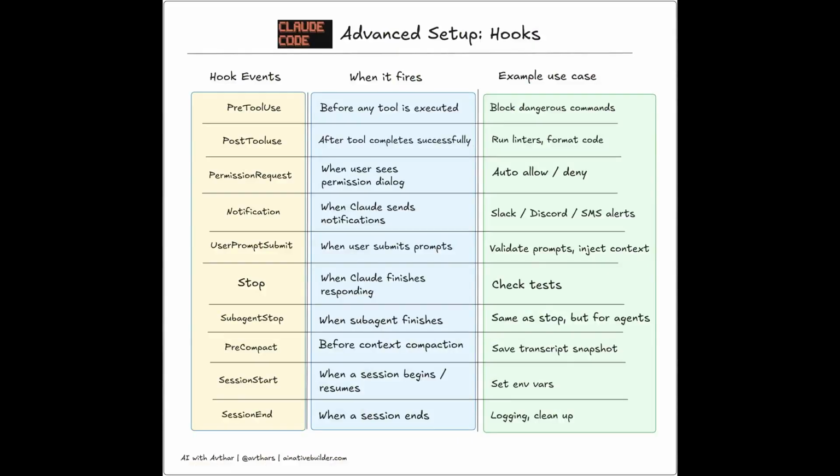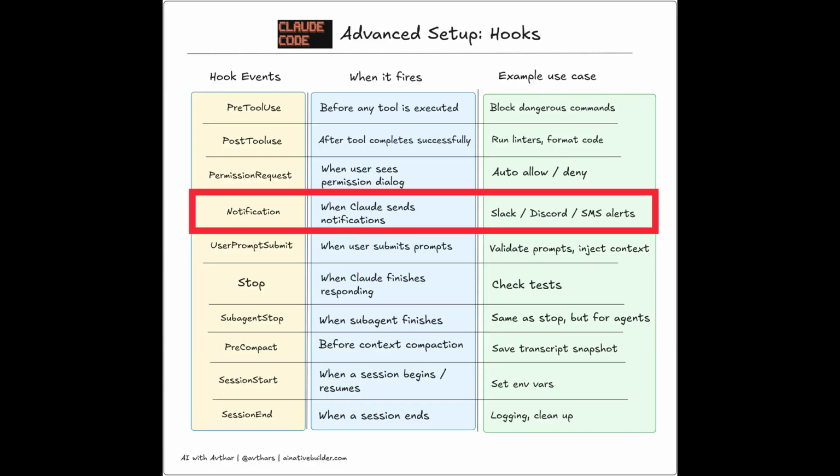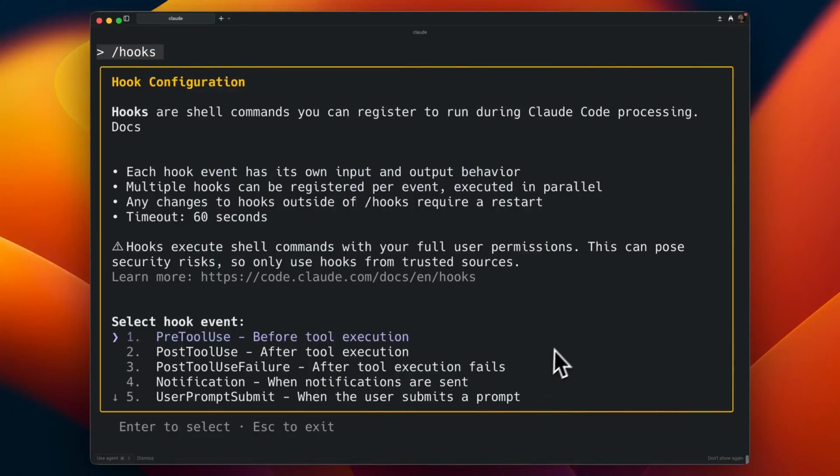Bonus step number 2 is to set up hooks for advanced automation. Hooks let you insert determinism into your Claude Code workflow. They're basically scripts that can run automatically at certain points in the Claude Code lifecycle, like before a tool call or after Claude finishes a task. For example, I use a stop hook that checks if tests pass when Claude finishes, and if they don't, the hook tells Claude to keep going and to fix them. Another example of a hook that I use is a notification hook that pings me on Slack when Claude needs permission to do something, so I don't have to be at my terminal all the time. Hooks are pretty advanced and they can seem intimidating, but I highly recommend you try them out and think about even just one hook that you can use in your workflow